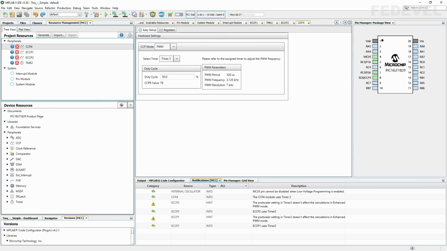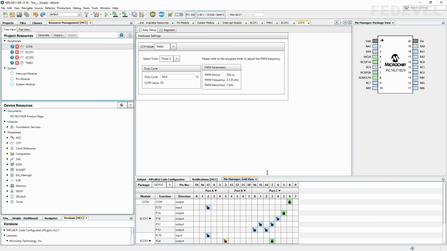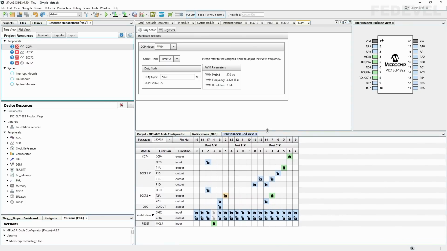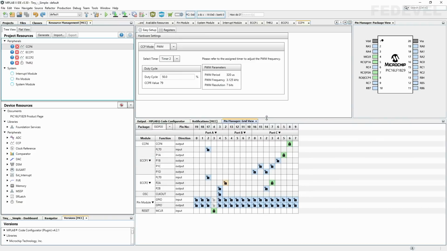What we also would like to do is go inside of this pin manager window and double check if the assignment for the pins of our microcontroller is correct.